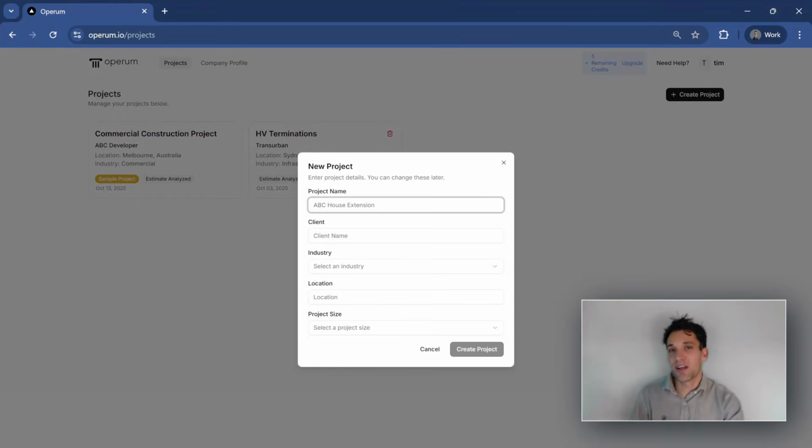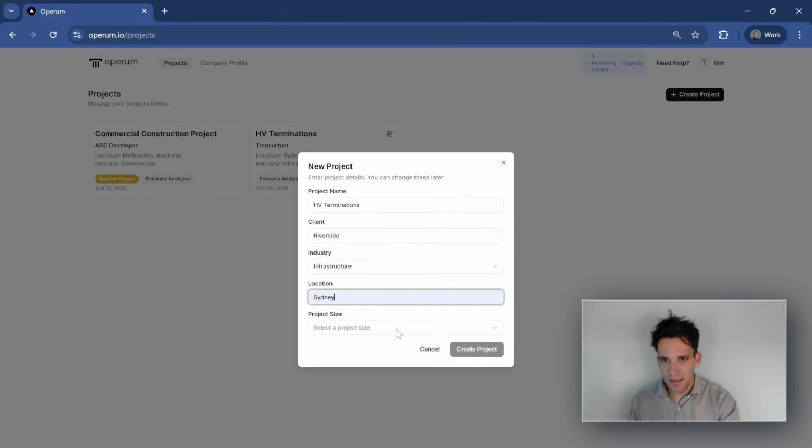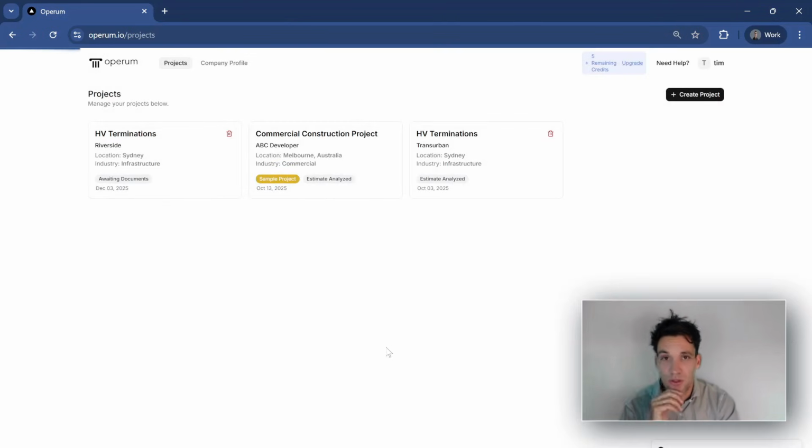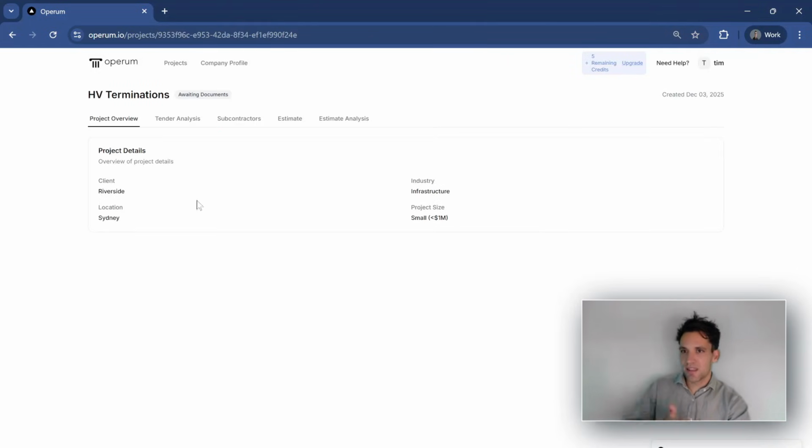I'm going to go through and create a sample project and end-to-end go through the entire workflow. It's going to be super quick, so I don't bore you. I'm going to call the project HV terminations, make it in Sydney, and make the project small. So the first thing you do is you create a project, and now I'll go through and do these steps